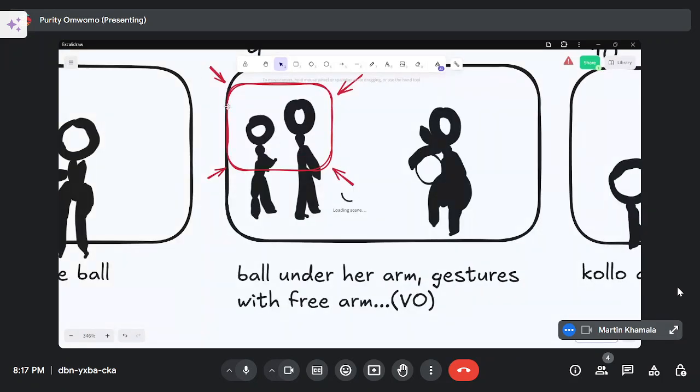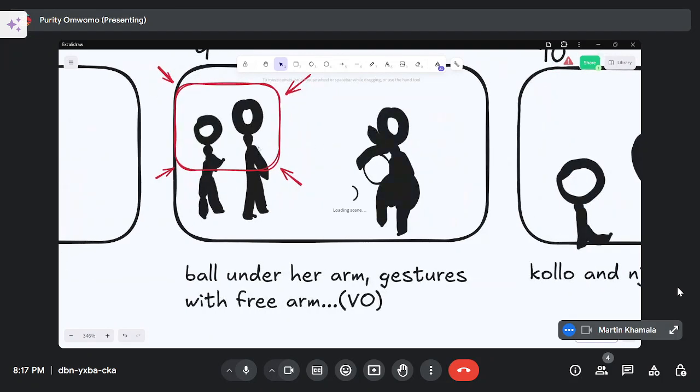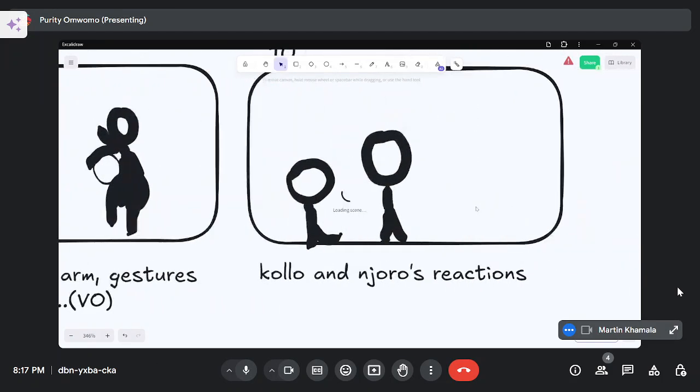The camera zooms in to the two of them, but before that, we see Shiro gesturing to them. There is the voiceover where we hear Shiro saying, "What's wrong with you boys? Go and play over there." She's holding the ball in her arms at that point. It zooms in to show the reaction of the two boys as they get lectured.